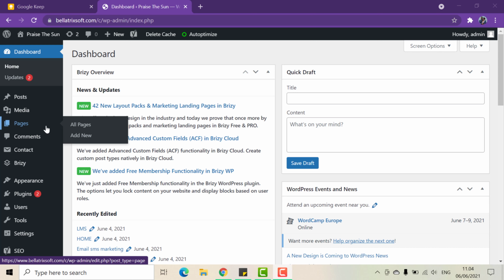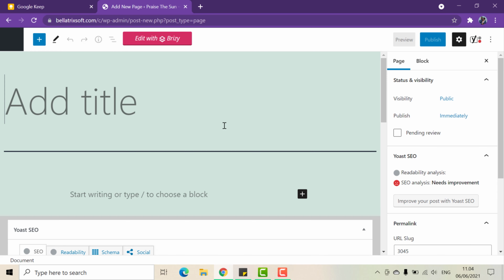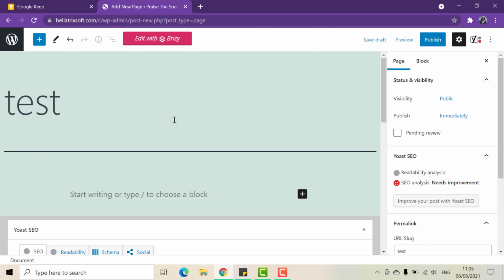But we're going to go in the pages, and here there's two pop ups. One is all pages and another is add new. So we will press add new, and then it will give us this screen where you can give a title to your page. So we're going to give the title, let's say test, and you know that this page will